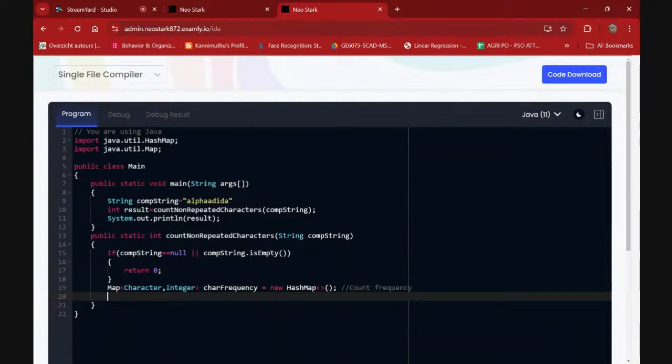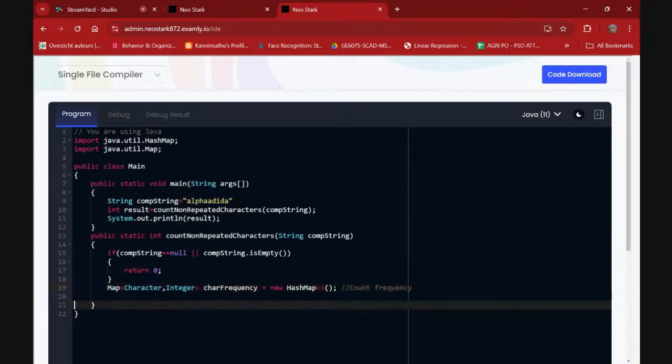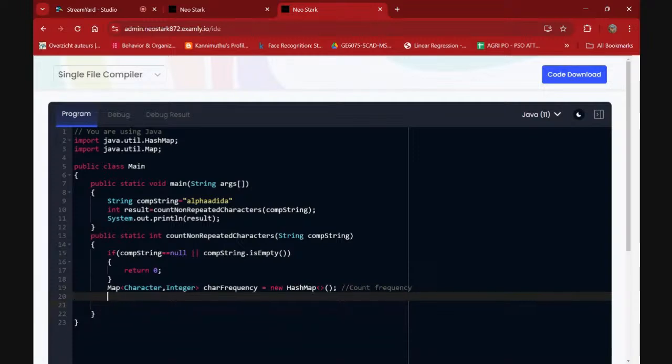Okay, so is this enough? I have just created a map with a key value pair. Now I have to iterate through the character array and store this into the map. That is what we are going to see next. To iterate through a character array, I don't have any character array here.